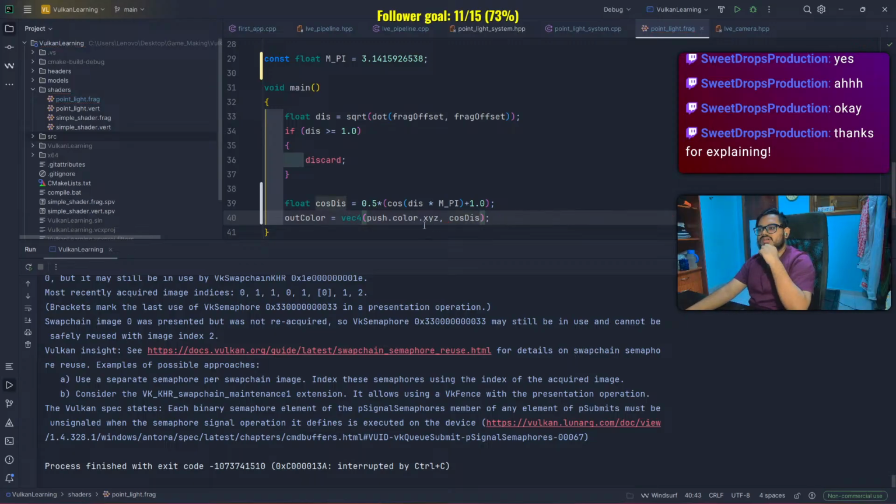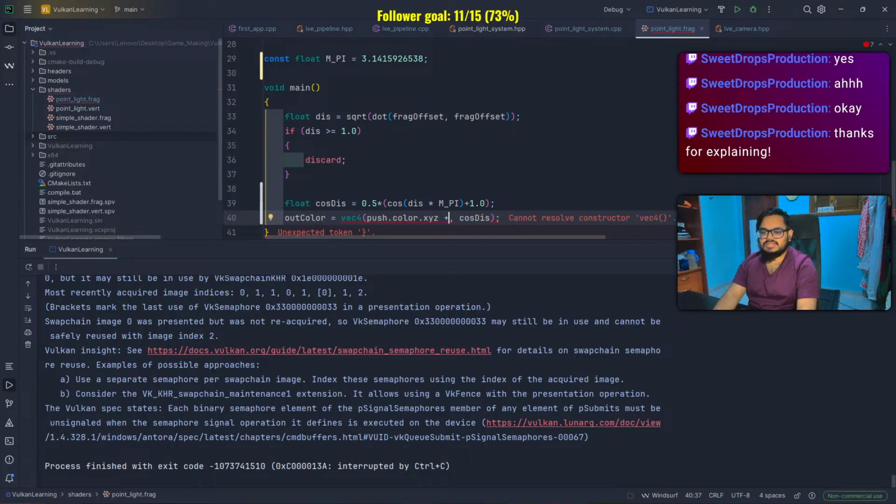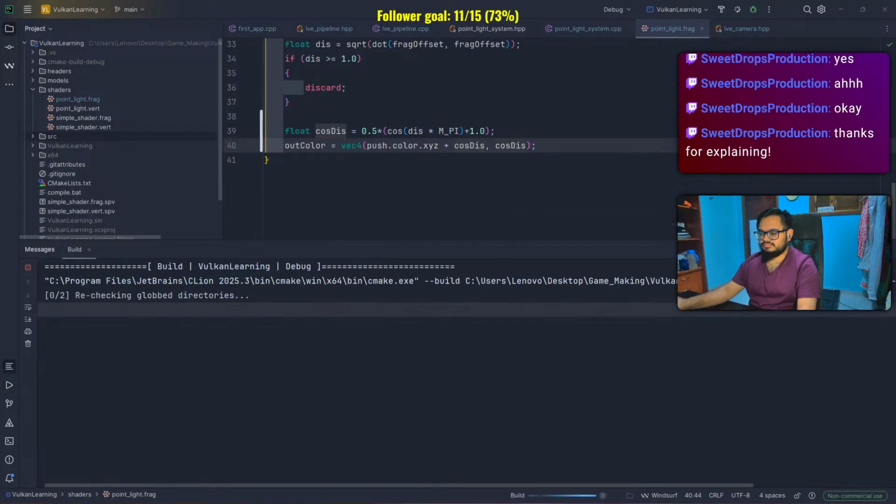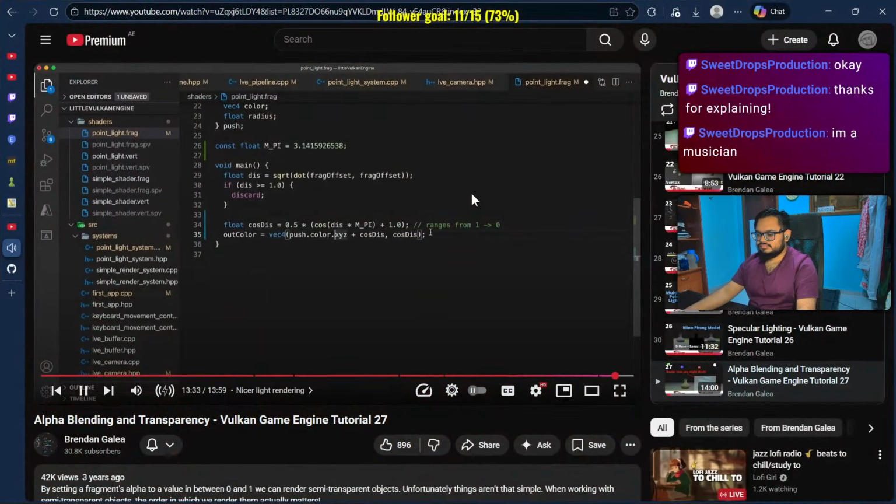So, Sweet Drops Reduction, what are you up to? Are you busy at work and just putting this on in the background? Or is it just... which will make the center of each light white and gradually transition to the